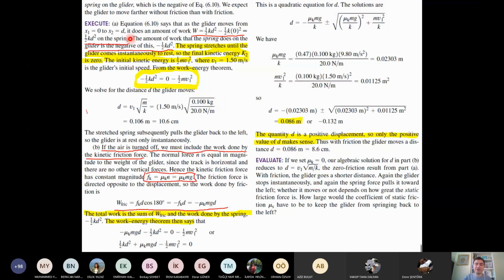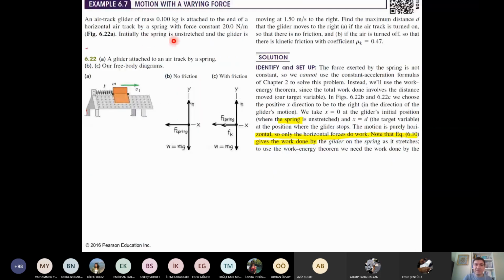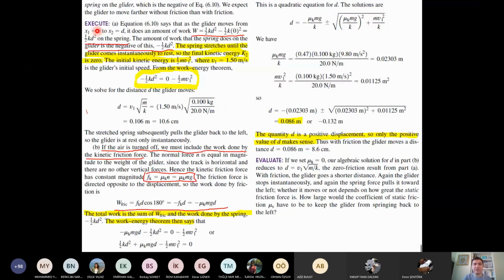What was the initial condition? The initial condition is given. Initially, the spring is unstretched. Unstretched means uncompressed, which means this object is staying at x equal to 0. It is not stretched, it is not compressed. So this is the initial condition. So the work is given by 1/2 k d squared minus 1/2 k times the square of the initial position. It is 0. Then the work done by the glider on the spring can be written in this form, 1/2